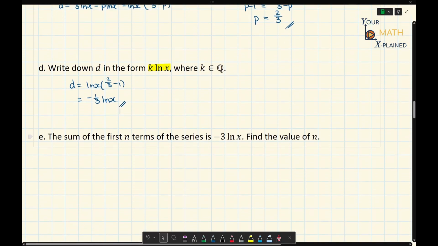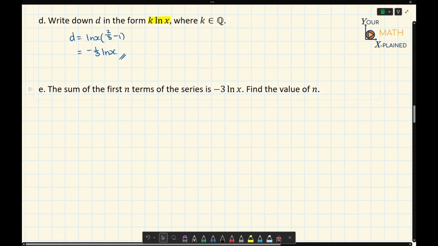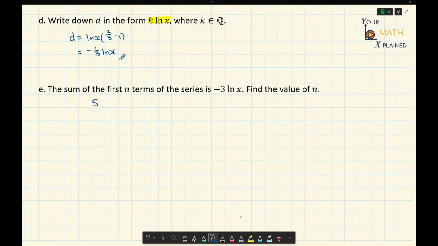And now finally, the last part of this question says that if the sum of the first n terms of the series is negative 3 ln of x, what is the value of n? So that means we know s sub n is equal to negative 3 times ln of x. We know that our first term, u sub 1, is equal to ln of x. And we know that our common difference d is negative 1 over 3 times ln of x. Substituting these values into the arithmetic series equation is going to give us negative 3 times ln of x is